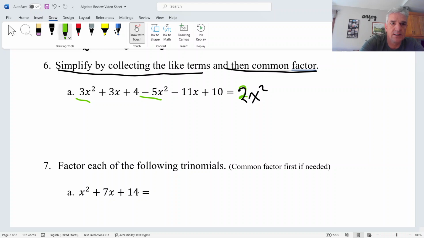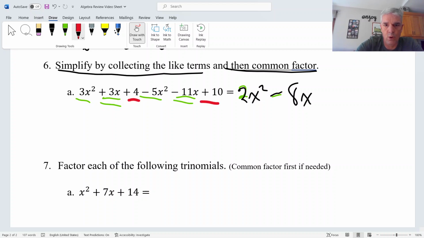Then I have x's. Do I have any x's? Yeah, let's do those also in green, but I'll double underline them. And they come together to give me minus 8, okay? And that's because 3 subtract 11 is minus 8x. And there's an x on each of those. And then finally, I'll use red this time, my constants, 4 and 10, add together to give me plus 14,